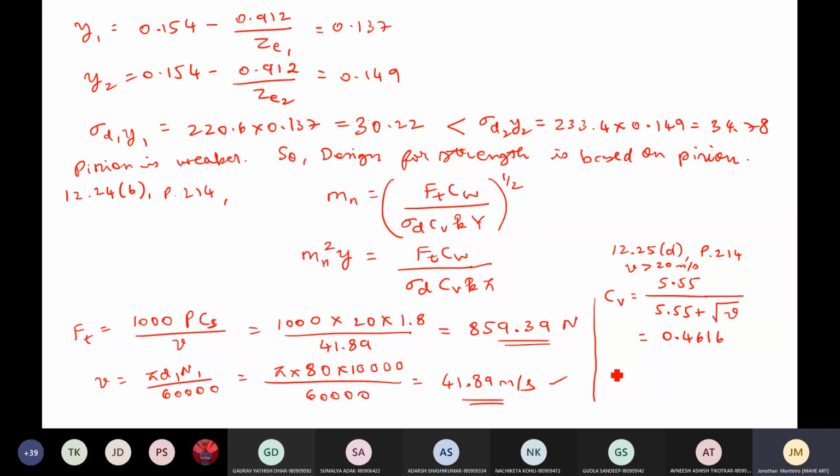So what about the K value? Let us say we have assumed a standard value of 15 because K should be between 12.5 and 20. So we have assumed somewhere in between, around 15. Okay. Regarding one small other factor, same as last time, we can use the wear consideration to be 1.15.